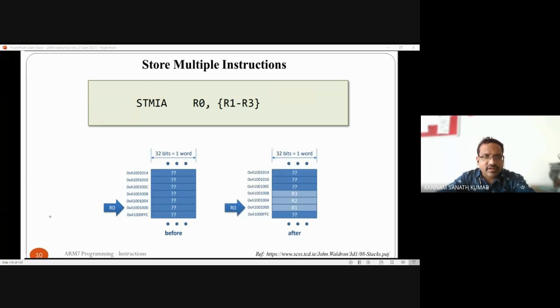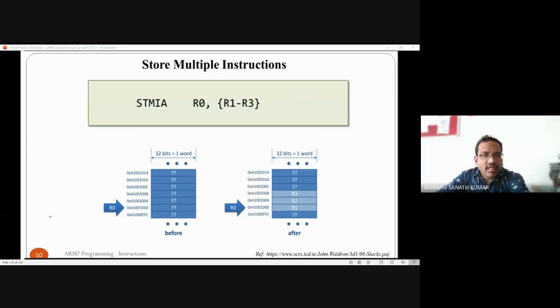If you see this example, this is the CPSR. Before the execution of the instruction, the CPSR has small n, Z, C, and capital V, which is the overflow flag, and Q. I is the normal interrupt, F is the fast interrupt, and T is the thumb mode, whether it is acting in thumb mode or ARM mode. The mode bits decide which mode you are using, which mode you are switching to. Okay.